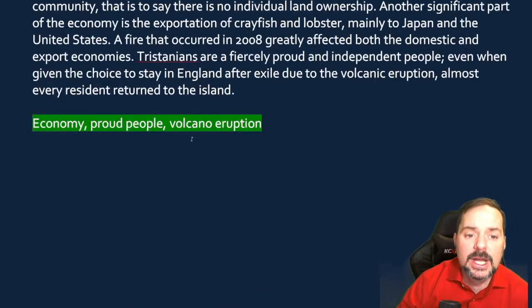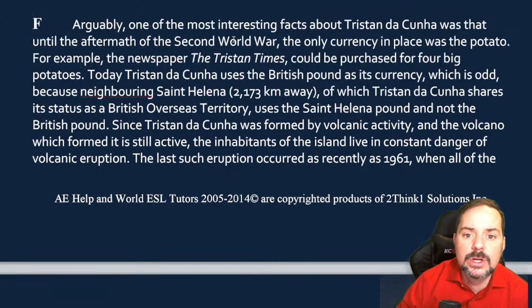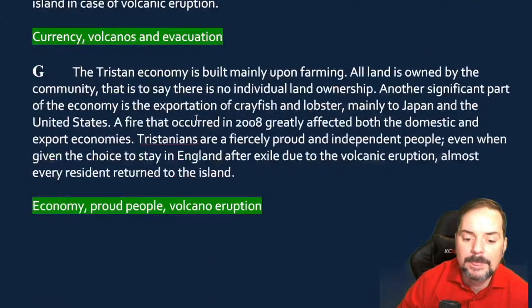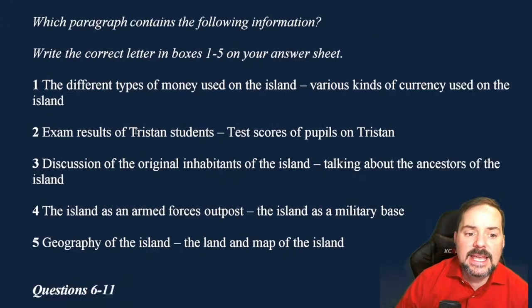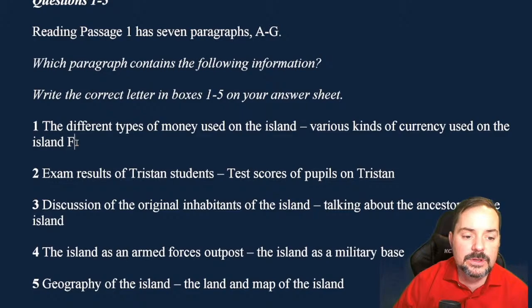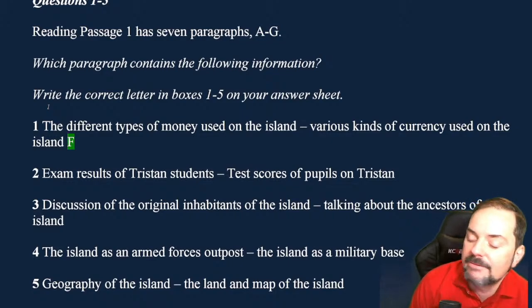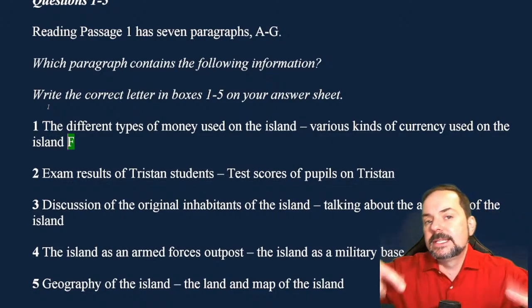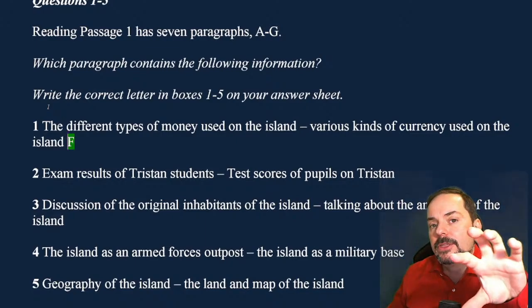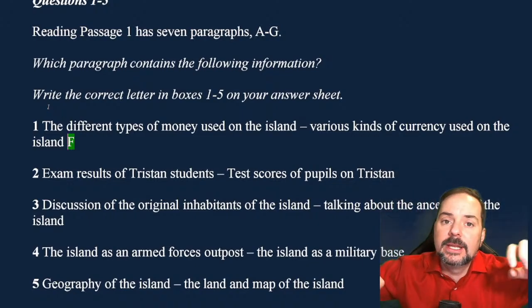And I do know that I summarized it. So economy, currency, right? There it is. So currency in place was the potato. Okay. So notice that they don't actually say the money, they say currency. So it's the paraphrasing that I thought of. And yeah, the answer here is F. So very good for those students who realized that was F, because you said that, you summarized currency used on the island, right? F. Does everybody now see how this paraphrasing the question and summarizing the paragraph really makes your